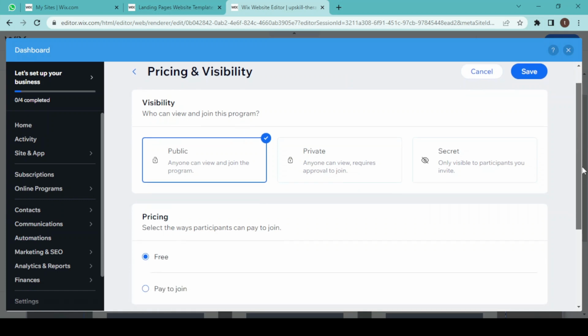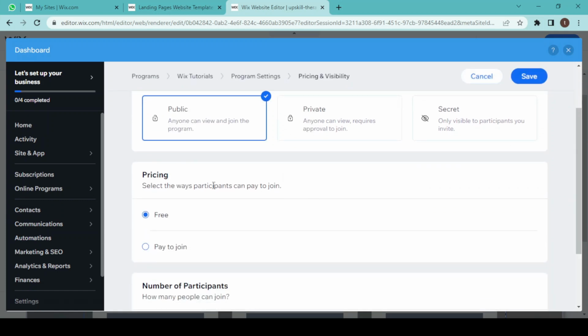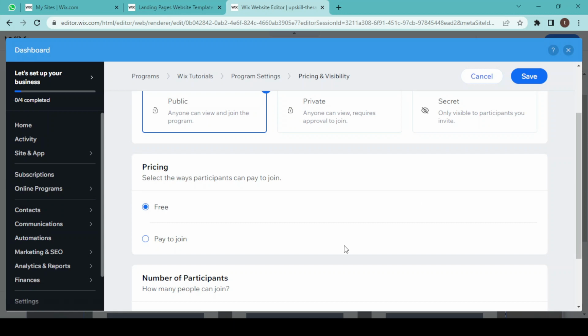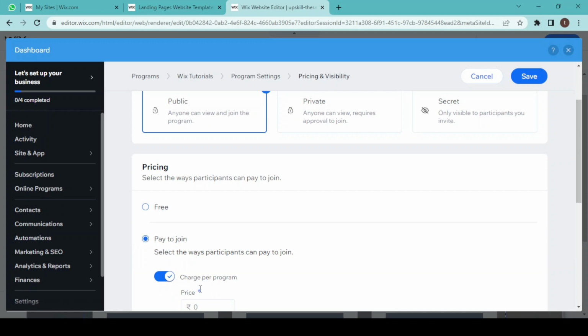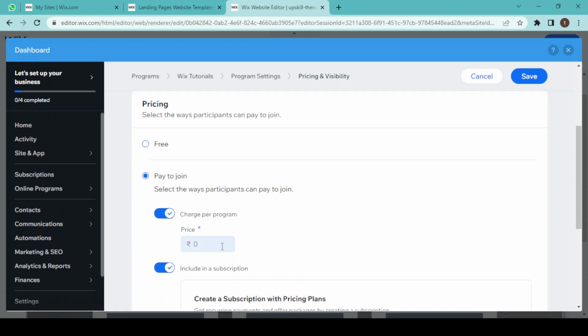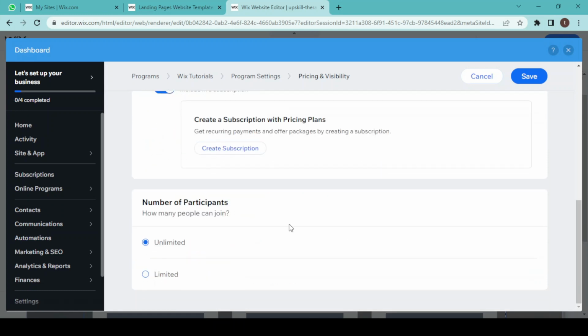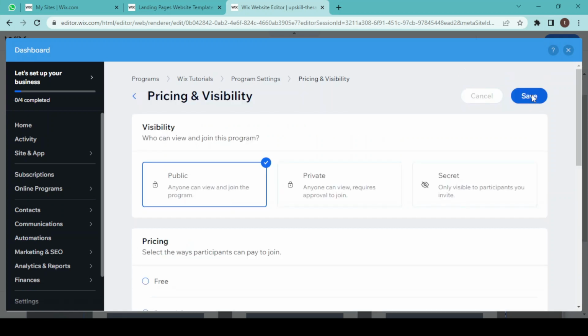So I'm keeping this course public, but I'm not keeping it for free. My participants have to pay to join, so when I select this option I have to set a price for this course, and then down over here I have number of participants, so I will choose limited, then save,